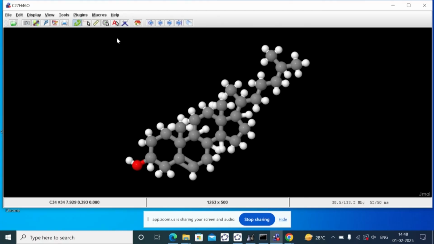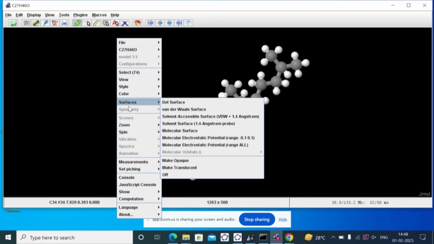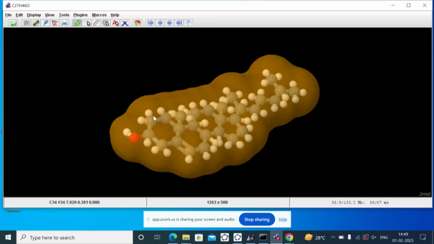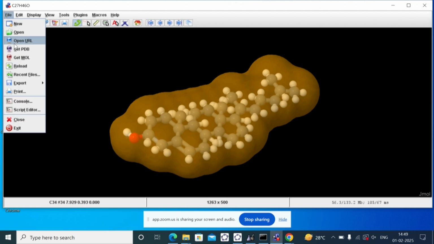So all these things, you can do in JMOL. So you can use a molecular surface. So these are some of the very, very basic things I'm showing here. All the crystal structures also you can use, or you can use even enzymes also using the get PDB, all these.